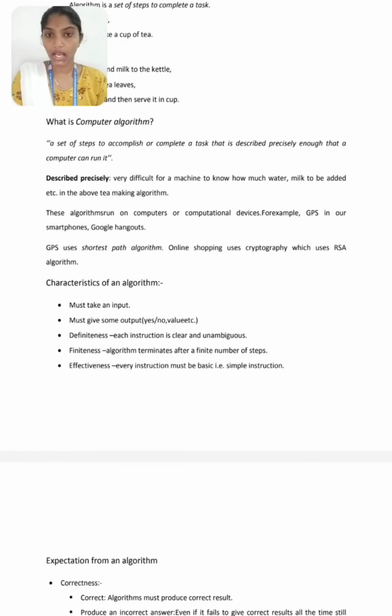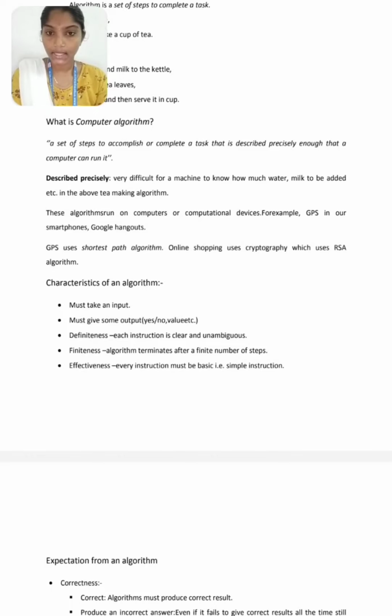What is a computer algorithm? A set of steps to accomplish a task that is described precisely enough that a computer can run it. Described precisely means, for example, knowing how much water and milk to add in the above tea making algorithm. These algorithms are used in computing devices, for example GPS in our smartphones, Google Maps using the shortest path algorithm, online shopping, and cryptography, which uses RSA